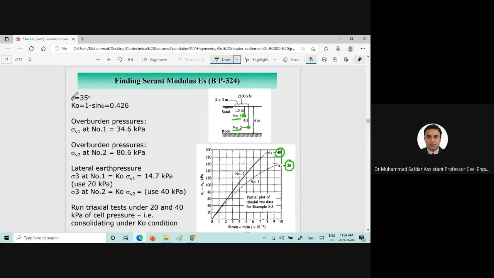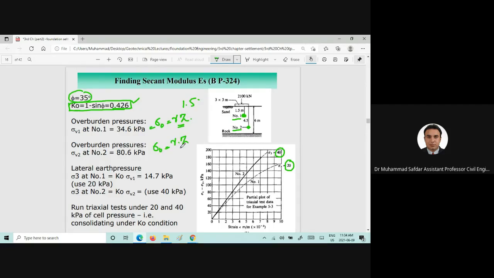If we assume that the friction angle for that cohesionless soil is 35 degree, we can calculate the lateral pressure coefficient using this equation. It's 0.426,